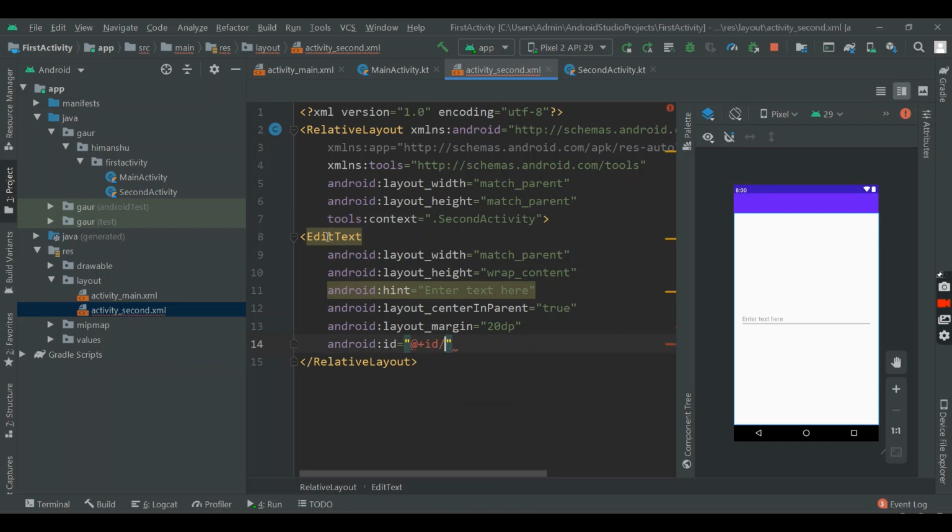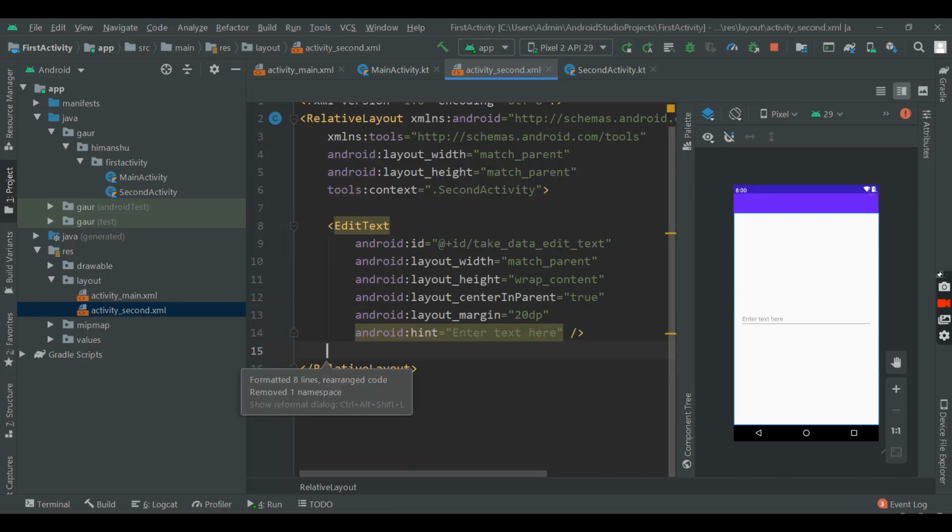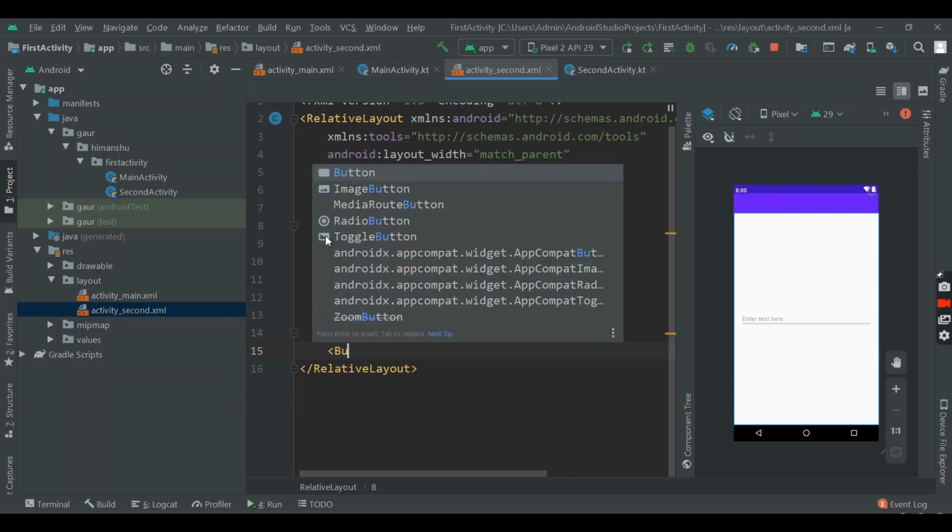The id is take data edit text, so that we can find it very easily. Now reformat it.